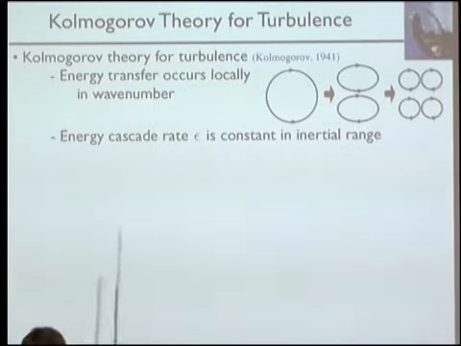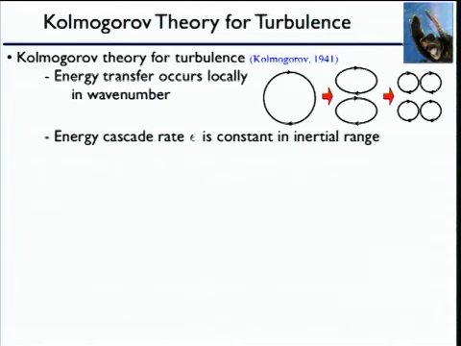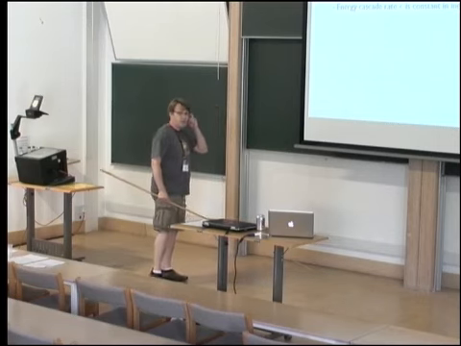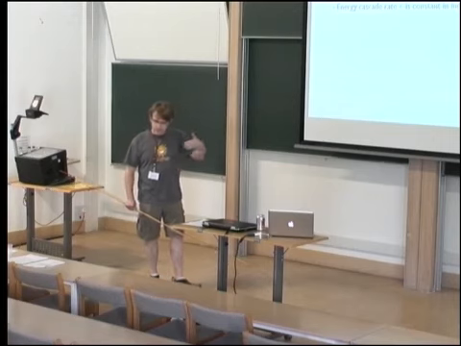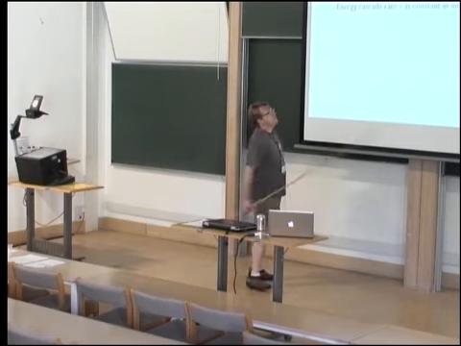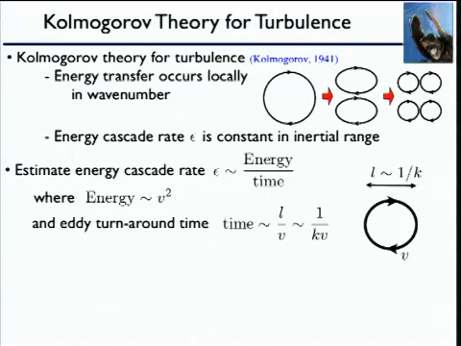And it's a straightforward idea from 1941 that everyone in the room should know, that basically the energy transfer is occurring locally in wave number, and if we can assume or verify this, and also find a situation where the energy cascade rate, that's energy going from one k to another as a function of time, is constant in the inertial range, so we're not dealing with highly intermittent systems or other kinds of confusing